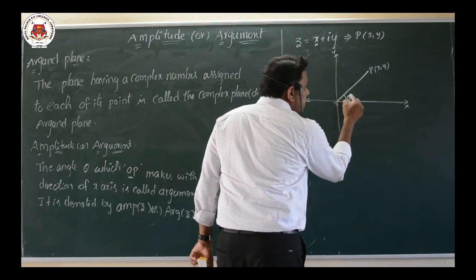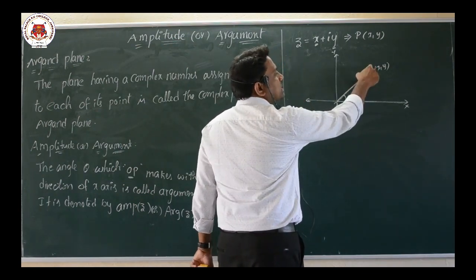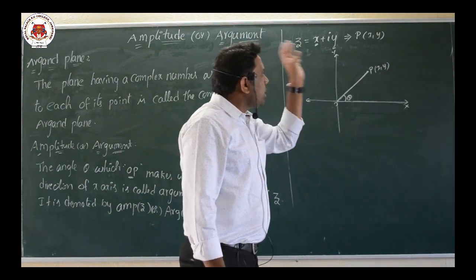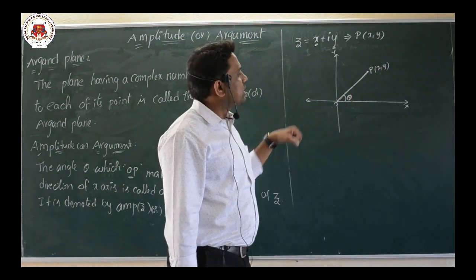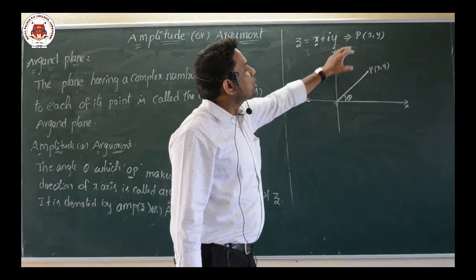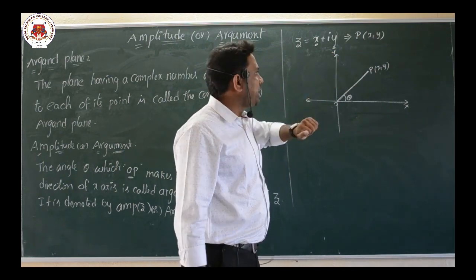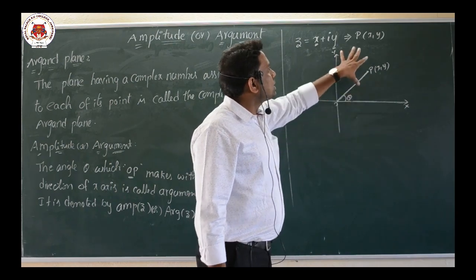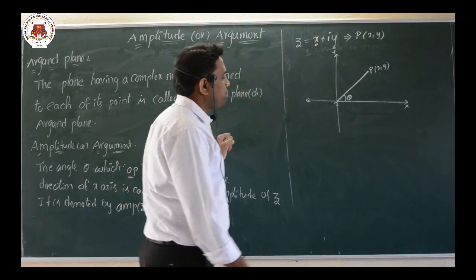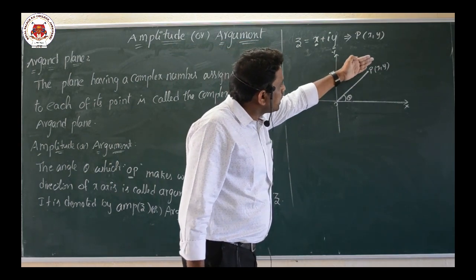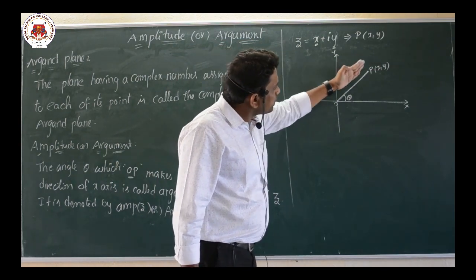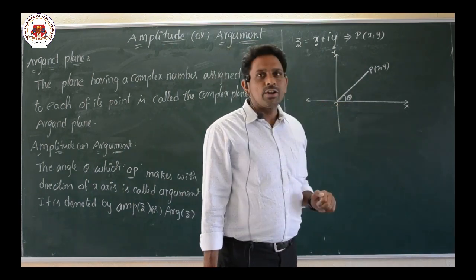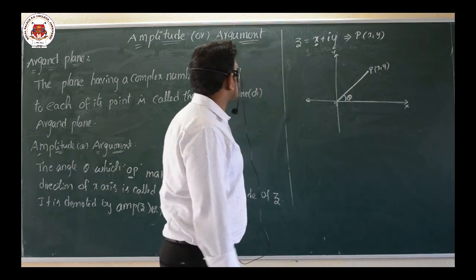So what is this angle? This is an angle made by a complex number in this Argand plane. This is called the Argand plane. Why Argand plane? What is the definition? Just now we discussed. Argand plane means a plane which contains complex numbers in the form of points. This is a plane, so this is called the complex plane or Argand plane. In this Argand plane, P is a point and O is the origin. This is one line segment which makes an angle of theta with the positive direction of the x-axis. So this theta is called the argument.